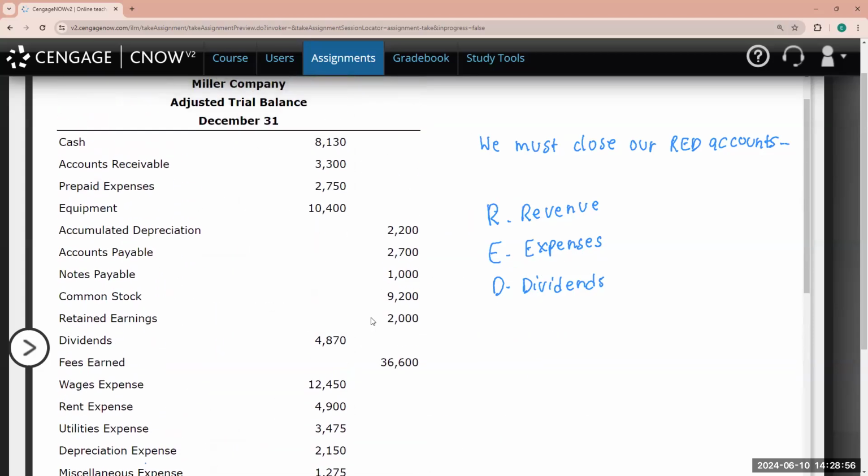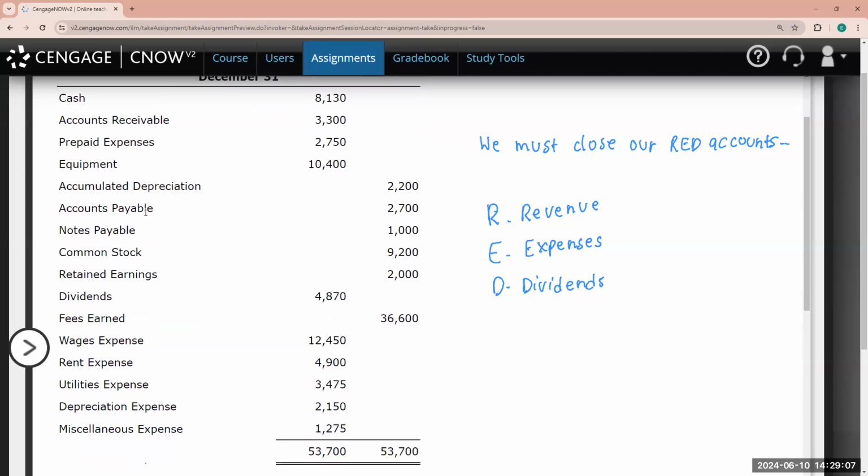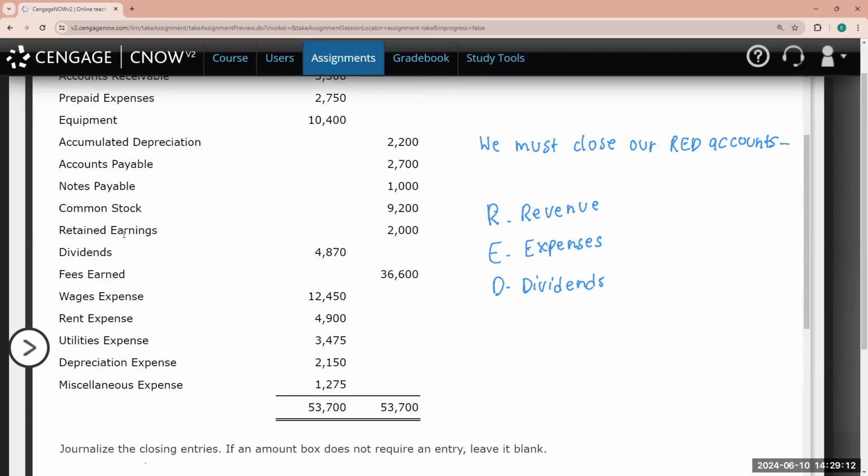Right, and then now we start to record our liabilities, our equity, and then we also have a contra asset account. So we have accumulated depreciation of $2,200, accounts payable of $2,700, notes payable of $1,000, common stock of $9,200,